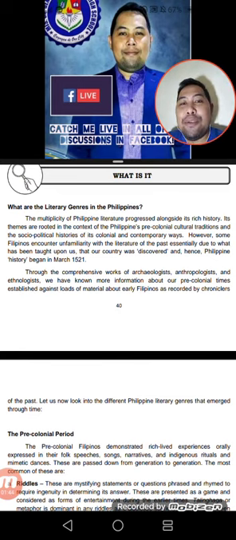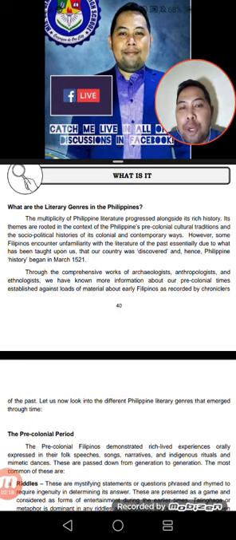The multiplicity of Philippine literature progressed along with its rich history. Its themes are rooted in the context of the Philippines' pre-colonial cultural traditions and socio-political histories of its colonial and contemporary ways. However, some Filipinos encounter unfamiliarity with the literature of the past, essentially due to what has been taught to us: that our country was discovered and hence Philippine history began in March